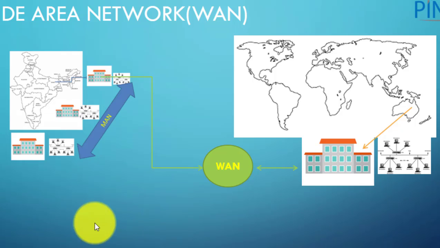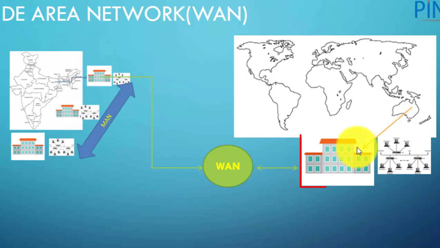Now using the metropolitan area network, we are trying to achieve something called a wide area network. We already have a metropolitan area network in place because we are talking of a business organization which has got branches in 3 districts in India, and let us say that this business grew further and it opened one office in the international space. So let's say that it opened an office in Australia.